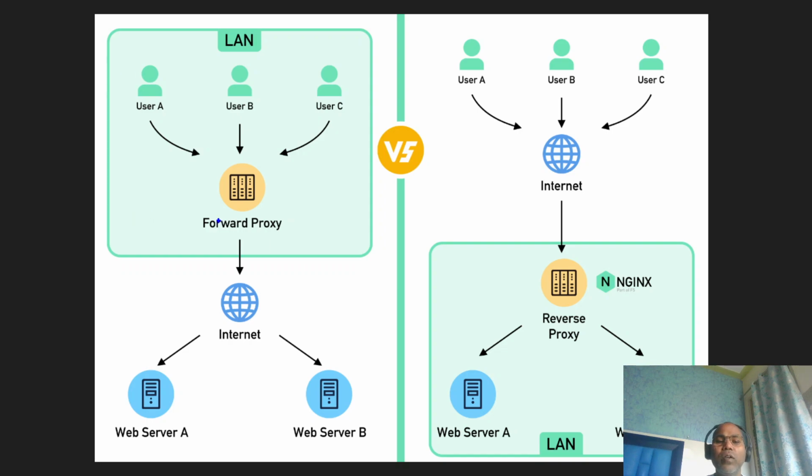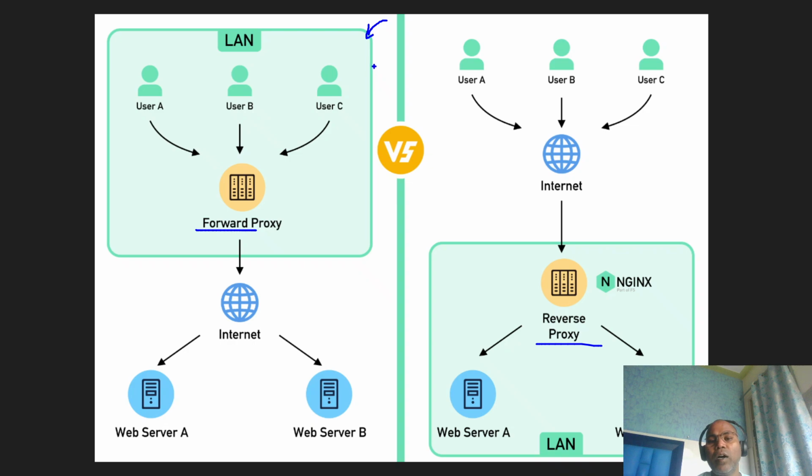Notice, this is your forward proxy and this is your reverse proxy. Forward proxies are generally implemented inside your organization's local area network. In the organization we work in, we always have a LAN, and within the LAN lots of employees work. We allow every employee to access the internet, but not every server or every globally available resource. There are some websites or URLs our organization allows, and some are restricted, right?